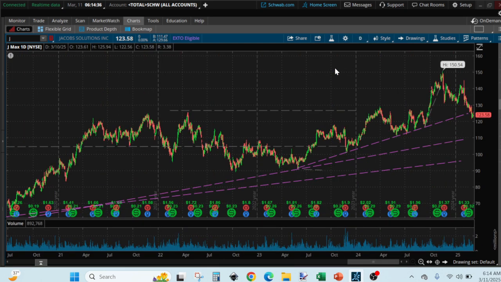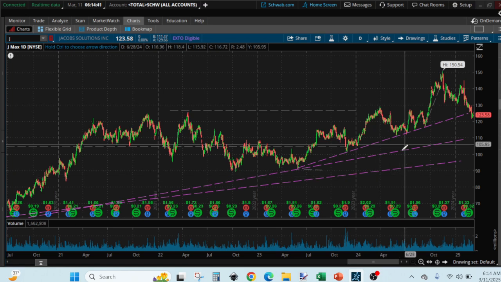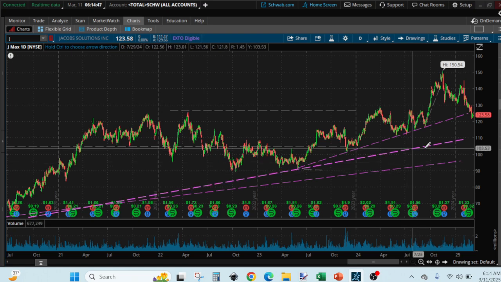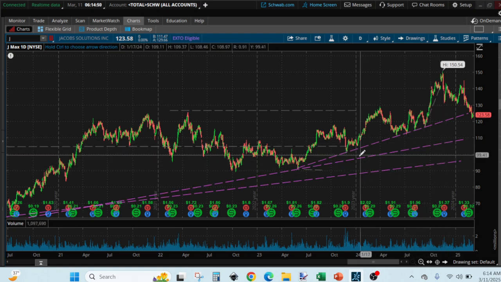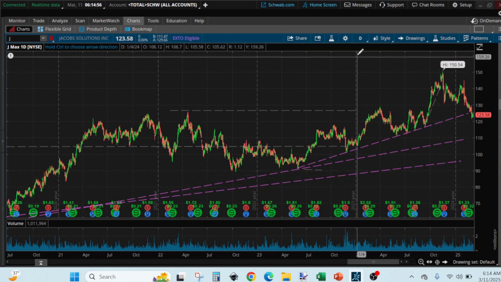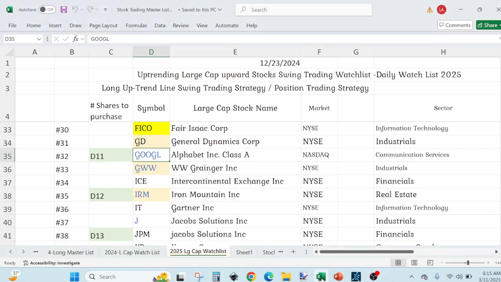for the long option swing trading strategy because some of our trend lines are low, and if the stock touched base with the trend line within the 1 year time frame, you may not see that trend line on the 1 year daily chart if the price is further up. So it's good to have your watch list of stocks that you like to swing trade. And for the long option swing trading strategy, I find upward stocks to be a good one to